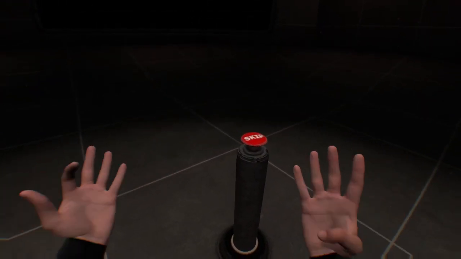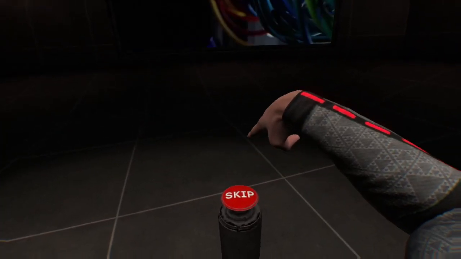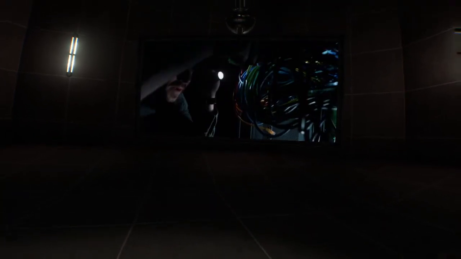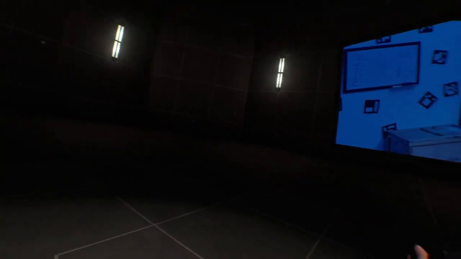So here's the first cutscene for the game, and I'm going to talk over it a little bit, but there's no talking or anything. There's a big skip button here. This is how you skip things in VR, and this is a room, and when you turn...